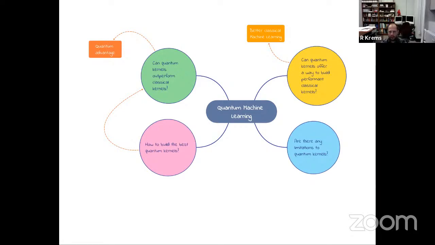But an equally interesting question to ask is whether these algorithms, like the one I mentioned that Elham is working on, those algorithms are not going to have a quantum advantage. I mean, those kernels are going to have quantum advantage, but they may ultimately lead to quantum kernels that will be better than anything that you can construct in a straightforward way with classical algorithms. And that could be exploited for better classical machine learning. And this is what I'm hoping that we can show in some not too distant future.